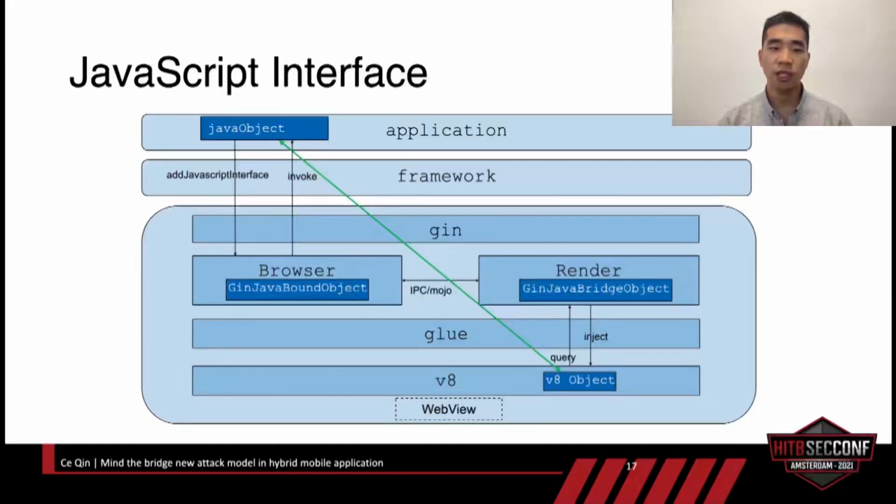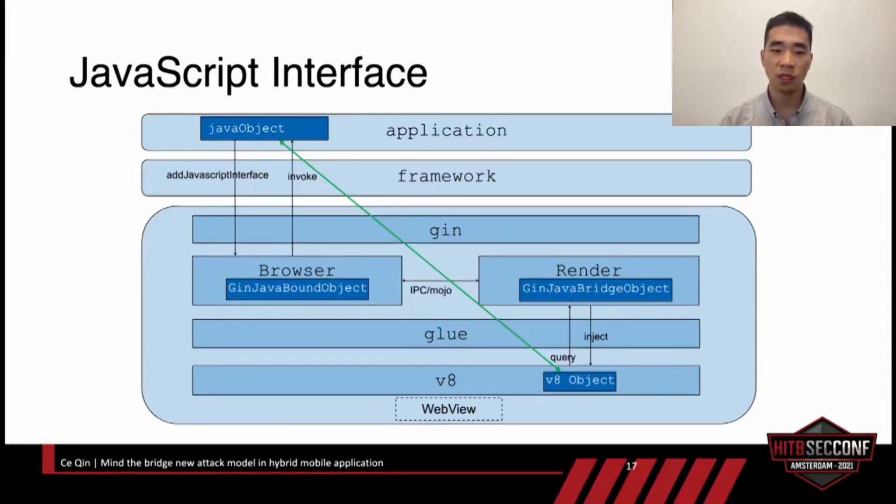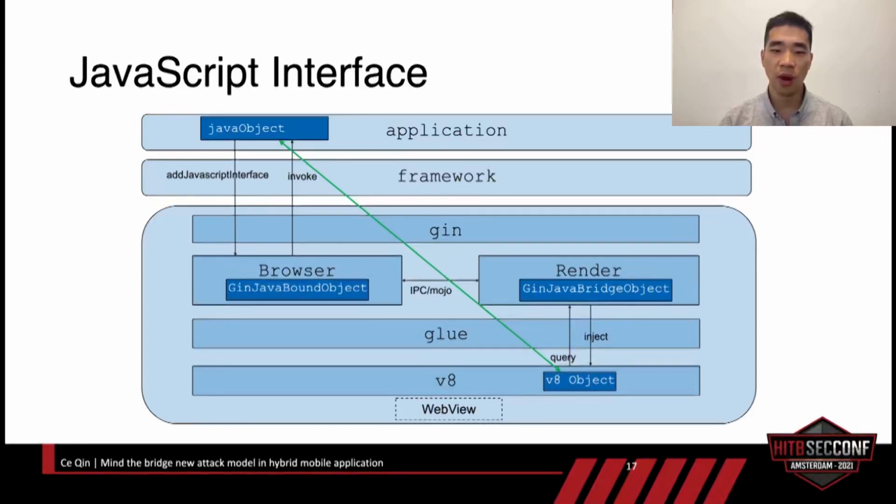It is quite a convenient way to exchange data. At first, the application creates a Java object and adds this object to the WebView with the API addJavascriptInterface. WebView will create a type of object named GenJavaBound, which is a reflection in the browser model, so the WebView can interact with the Android code through this